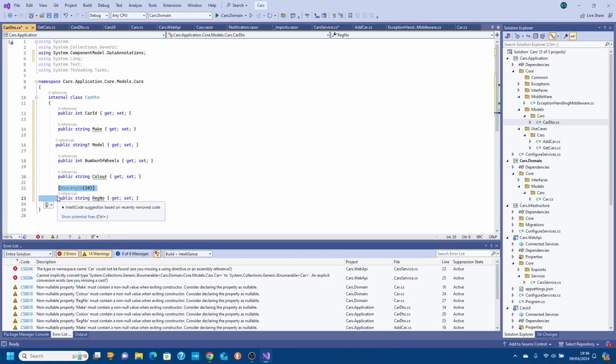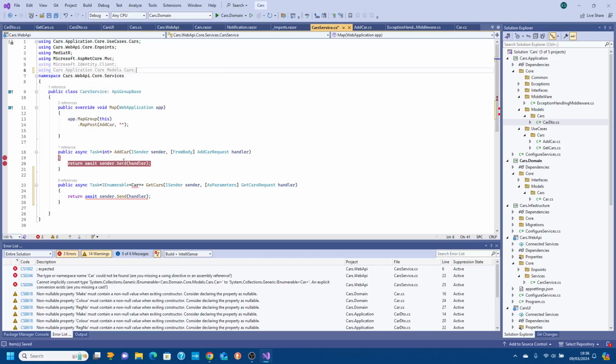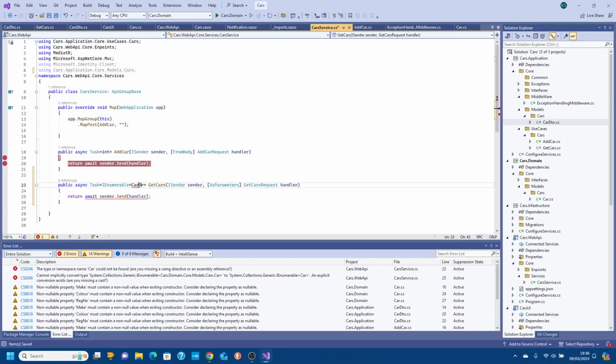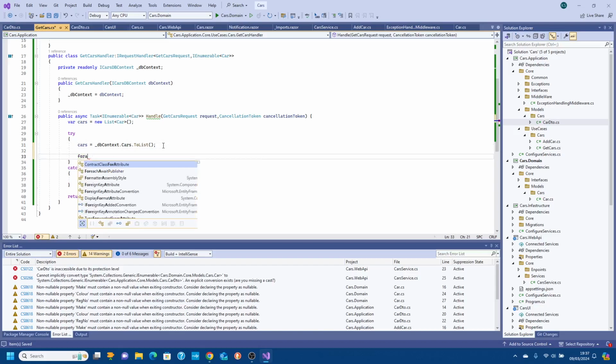So what it's going to do is, in our use case, there's a car service, we're going to say using, and that is what we're passing back, and it's CarDTO. Okay, that's not going to work. I know why it won't work. So what we need to do is go back into here, and we simply can't do this. So what we need to do is convert it to a list, so we loop through this. So for each,